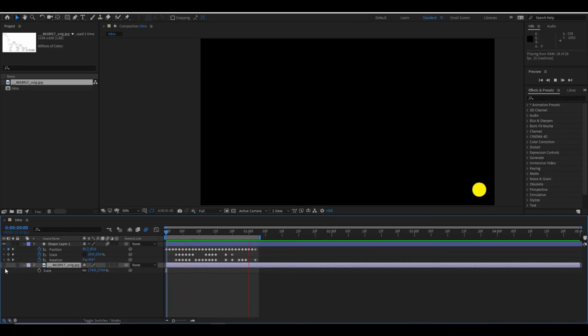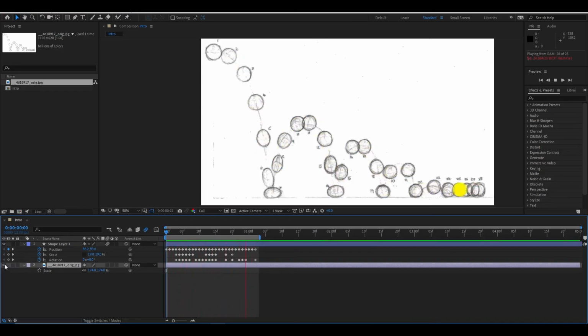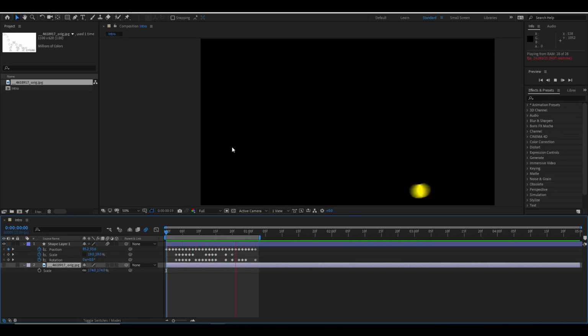Now it has a perfect animation. If you see this, it's following the animation chart. So with the help of these options, you're going to animate this ball. This is the basic which you use to